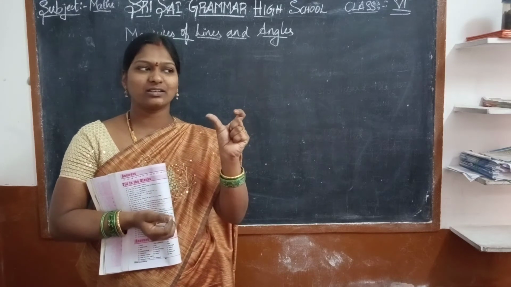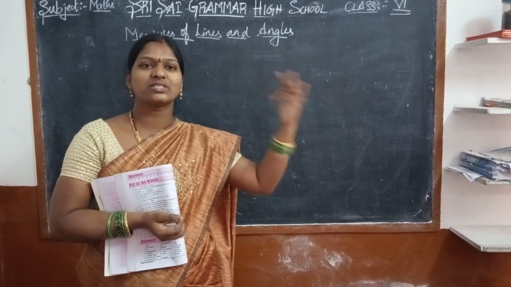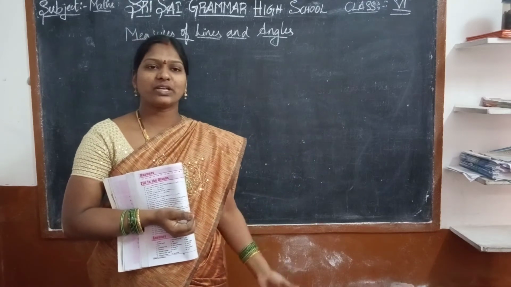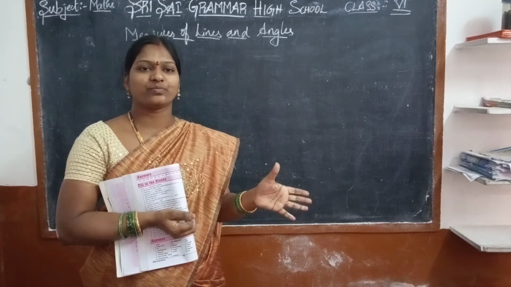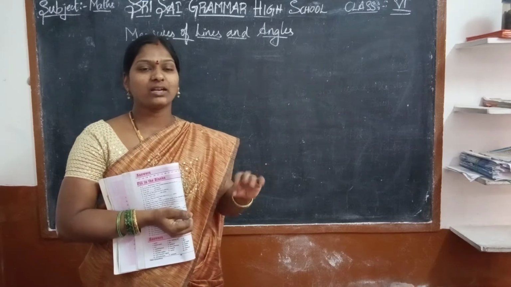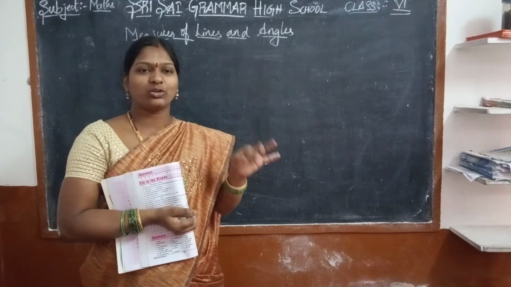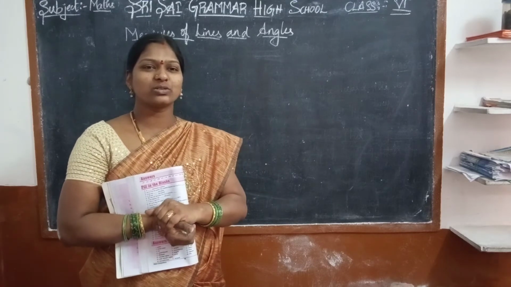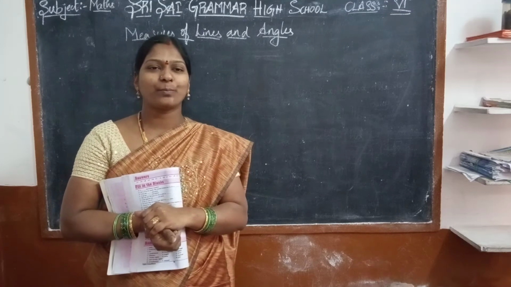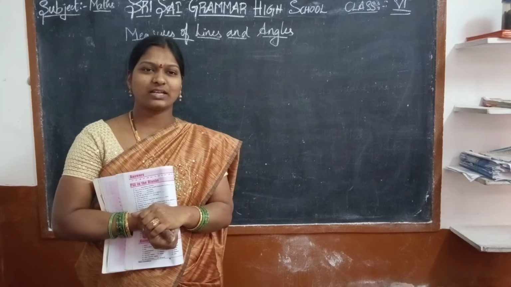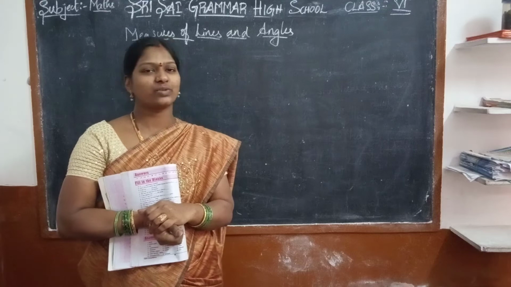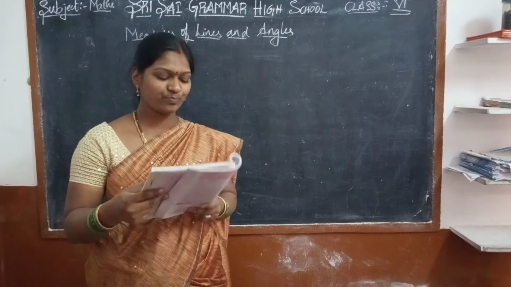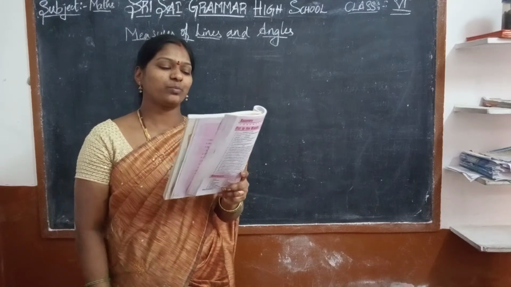If they give a certain ray, a certain line, how to measure that line? With a ruler. But how to know the value of the given line? And if they give the angles also, how the compass is used for that, how the protractor is used, we are going to learn in this lesson, in this chapter. Okay. So, important points now.